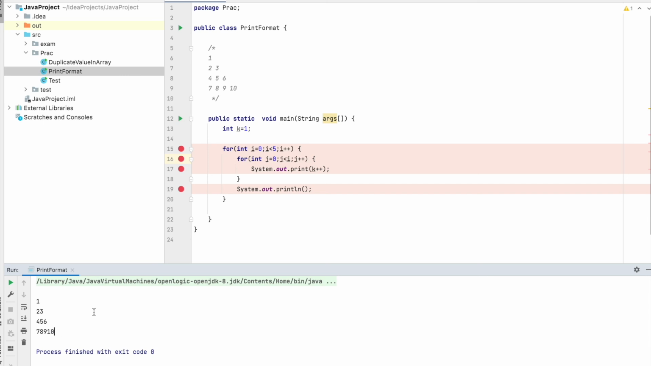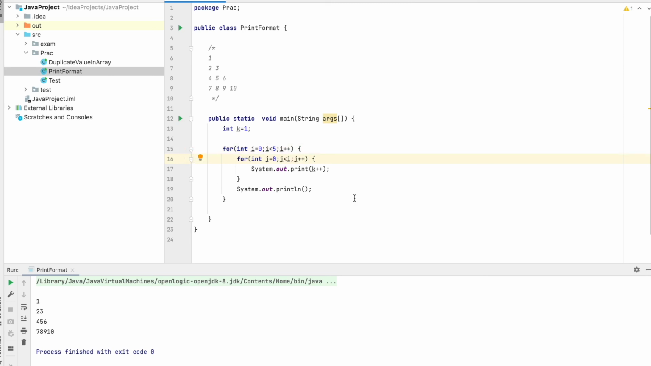Many times in interviews, when they ask you this question to print the values, they also ask you to elaborate or describe what logic you have put, how the value will be incremented, and what will be printed. At what condition will it change the row, or at what condition will it change the column. So all these are